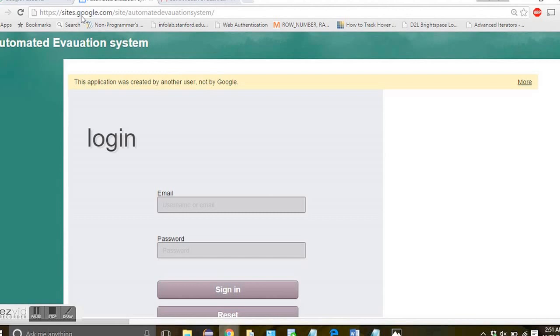We chose the automated evaluation system as a team project. In this project, for the user interface, we chose Google Sites to submit evaluations, Google Forms, and store them in a Google spreadsheet. Our project is mainly divided into 5 features: user management subsystem, project setup subsystem, processing event subsystem, communication